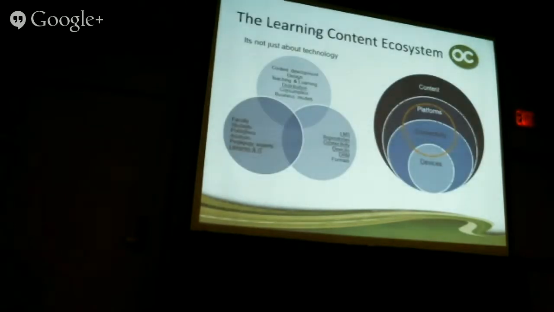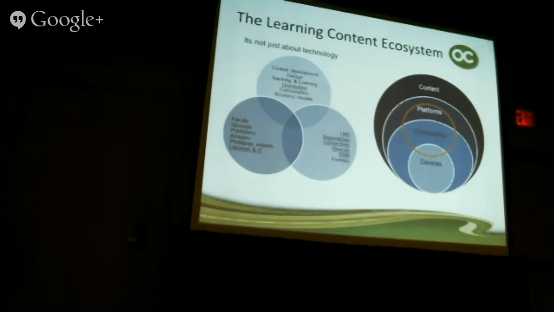The learning environment. We believe that the learning environment consists of three major parts: the content, the people and pedagogy, and then technology. This talk will be about the technology side, but this doesn't mean that the other sides are less important. You do need all of them for the learning ecosystem to exist or to function properly. So technology is just part of it, and an enabler towards learning.